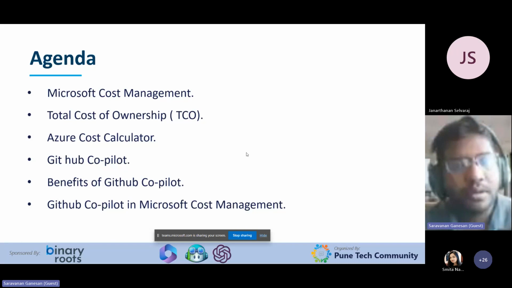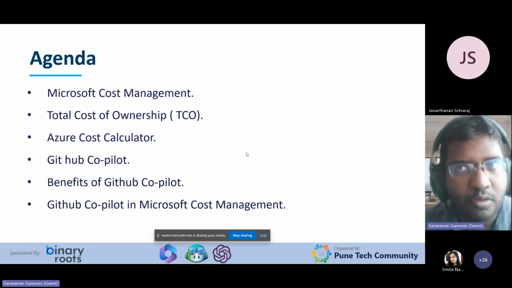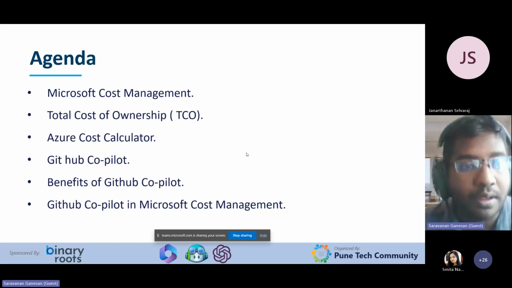So yeah, for today's agenda, we are going to see what is meant by Microsoft cost management, and then total cost of ownership, and the Azure cost calculator. These three parts, we are going to see how they were there before the introduction of GitHub Copilot. Then we are going to see what GitHub Copilot is and what the benefits of GitHub Copilot are, and then how GitHub Copilot can be utilized in our Microsoft cost